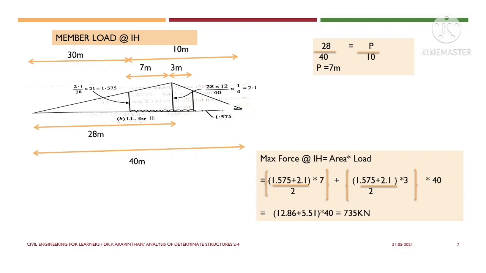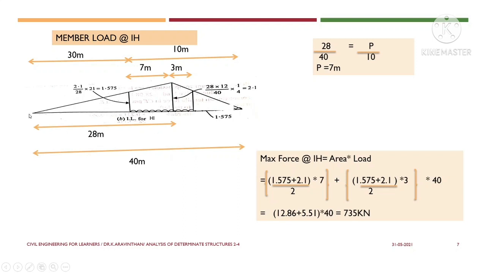After that, we have to place the load in such a manner that you will be getting the maximum force. So we know the concept of arriving at a maximum force for a UDL; the same concept is used for the trusses, for the beams, whatever concept you have used for UDL and point load. For a truss, after getting the influence line diagram, you have to place the load to get the maximum ratio. So let us place the load in a particular ratio so that you will be getting maximum force.